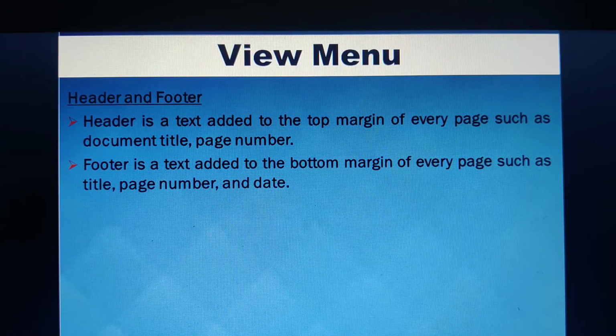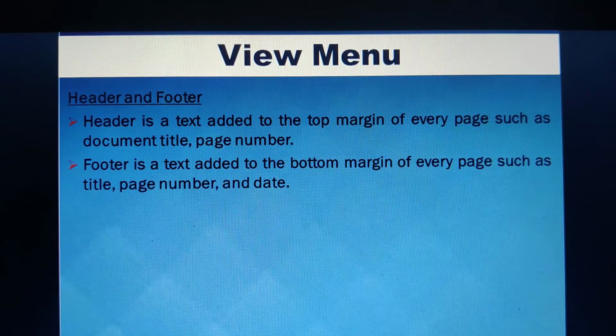In a similar way the footer also allows you to add certain text, but the footer allows you to add the text at the bottom of every page of your document. Suppose your document has 5 pages, on all the 5 pages you can have a header as well as a footer. Remember, the header always appears at the top of every page of your document. The footer appears at the bottom, and in the footer also you can give additional information regarding that document, like page number, which department it belongs to, or any subsections. So any other information you can add in the footer.